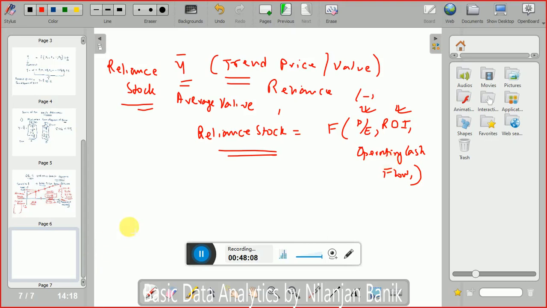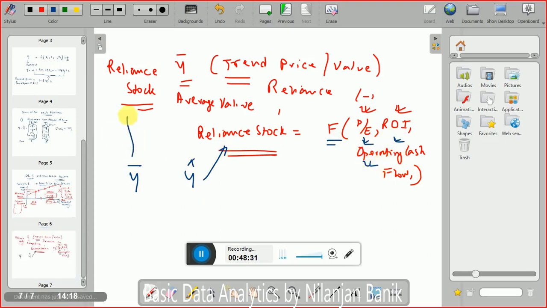But what we are trying to discuss here is whether it is simpler for us just to take the average value rather than taking y hat. Again, what is the difference between y hat and the average value? Y hat is the price of the Reliance stock, which is expressed as a function of these other explanatory variables. On the other hand, y bar is the price of Reliance stock, which looks into the past few values of the price in the market, and then takes the average.